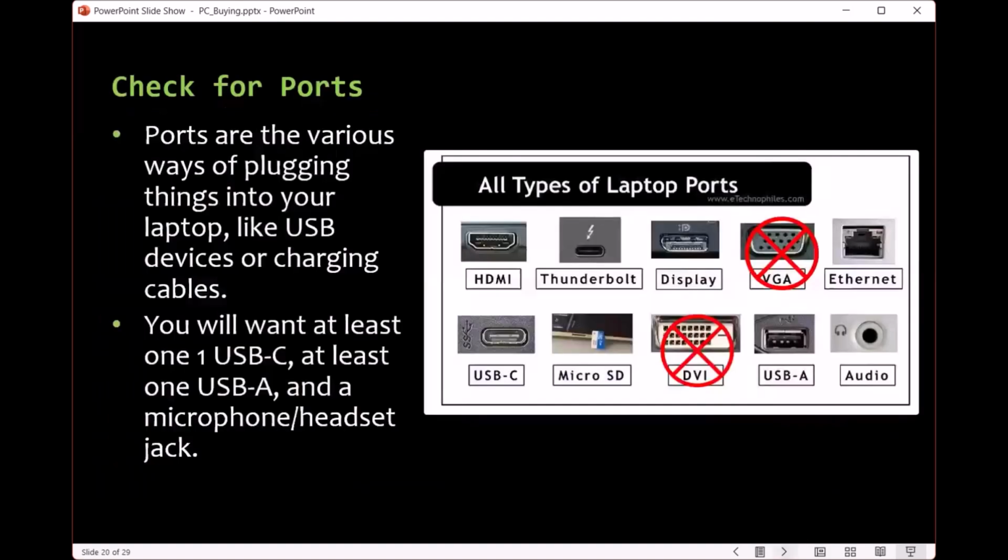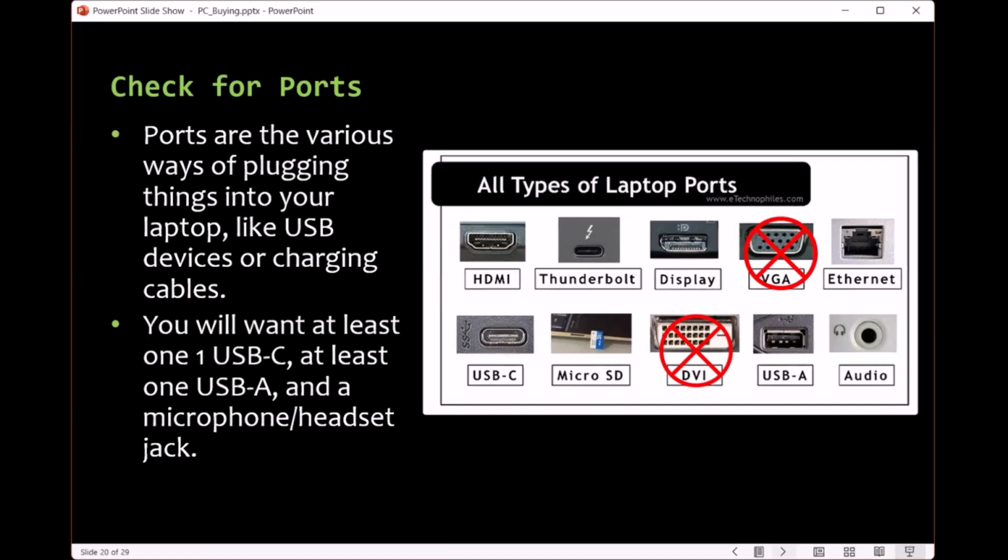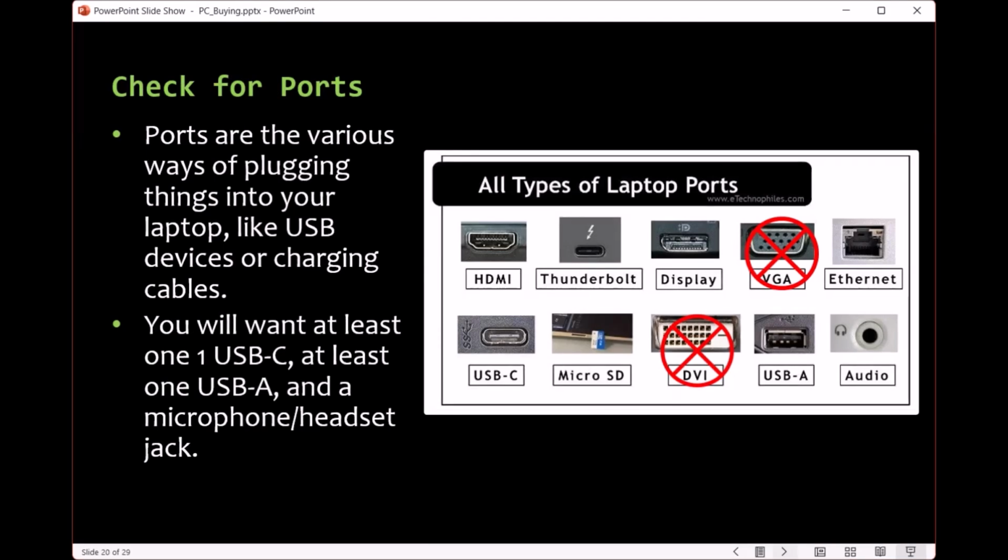Next thing is you need to decide what ports you're going to need. And I've already crossed out 2 of them because you're probably not going to need a VGA or a DVI, which are both video ports. HDMI is the standard anymore, and USB-C. And ports are nothing more than various ways to plug in peripherals